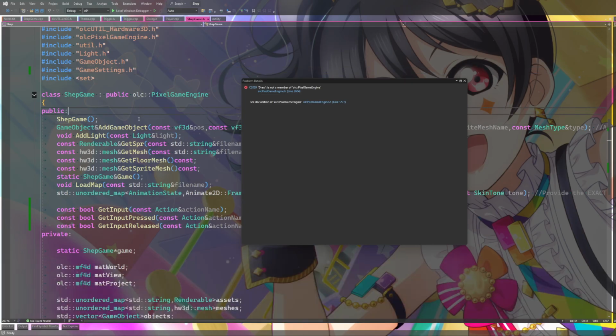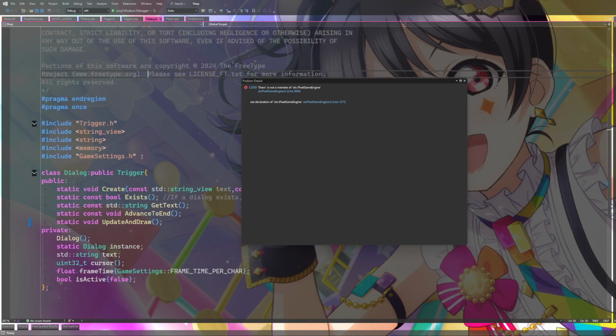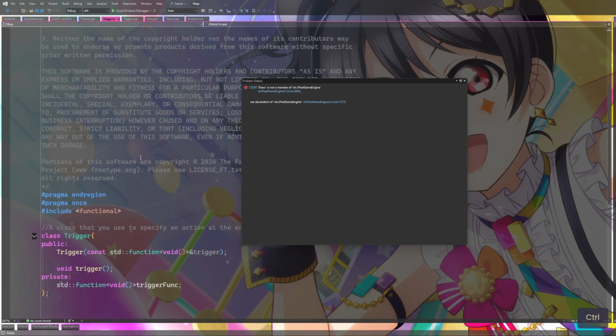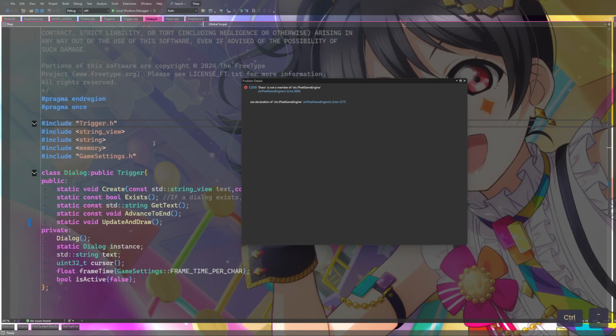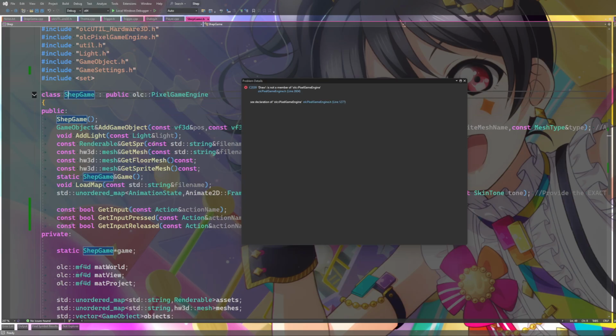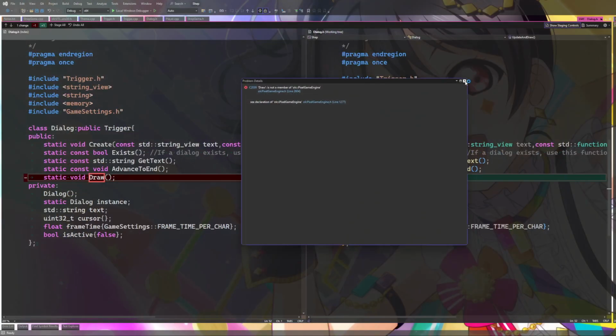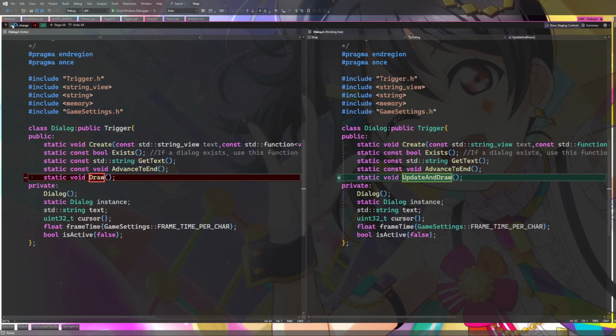Which header did I add recently? Well, I was messing with dialogue, right? I was just adding stuff. Including game settings doesn't matter. Including trigger doesn't matter. Backing up here, including game settings doesn't matter. Did I really do something that bad? Let me see, because we were compiling before. So let's just review changes real quick. Can I view everything, please? All changes. Game settings, we have...